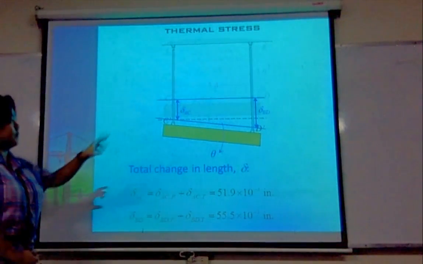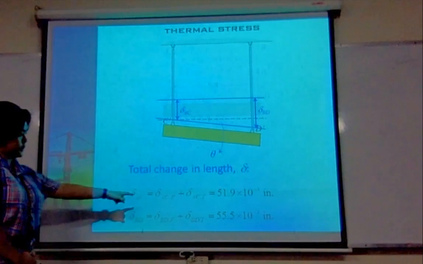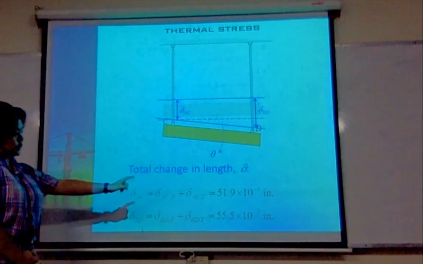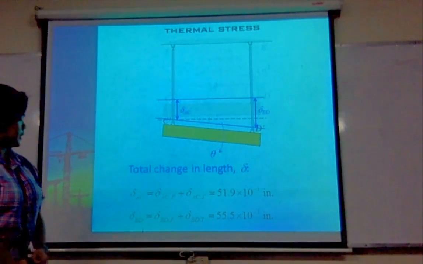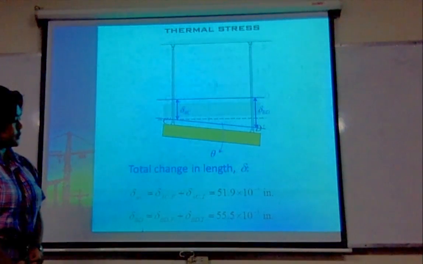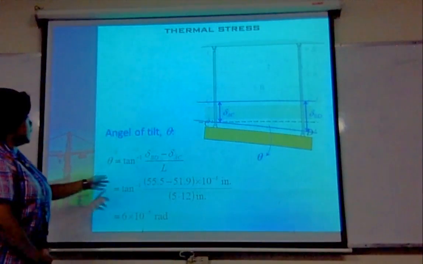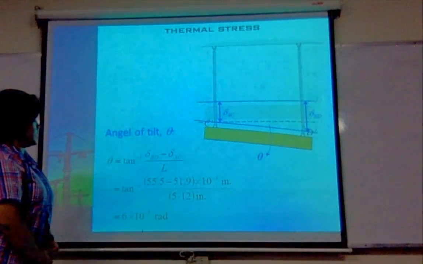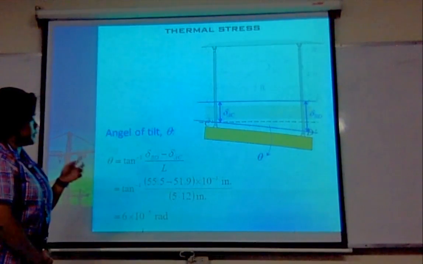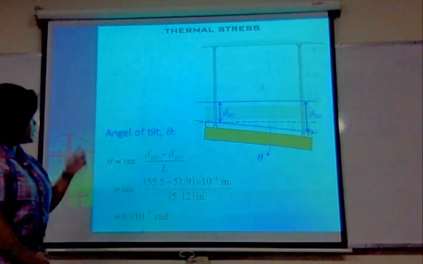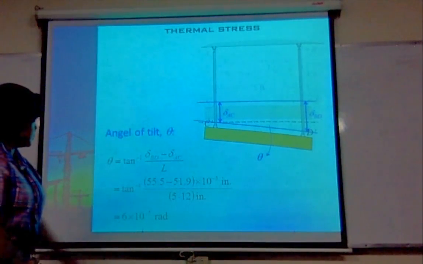The deformation of BD and AC is the sum of the deformation by force plus the deformation by temperature, which is for AC 51.9 times 10 to the negative 4, and for BD 55.5 times 10 to the negative 4. To compute the angle of inclination, it is the tangent of the deformation of BD minus deformation of AC over the distance between the two rods. So we get 6 times 10 to the negative